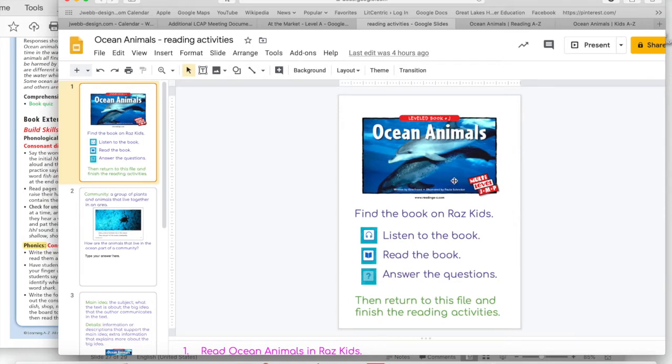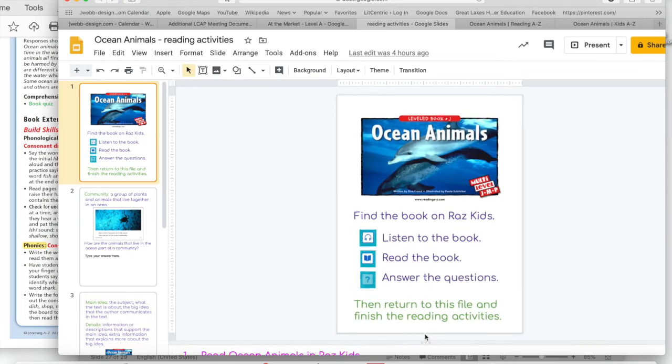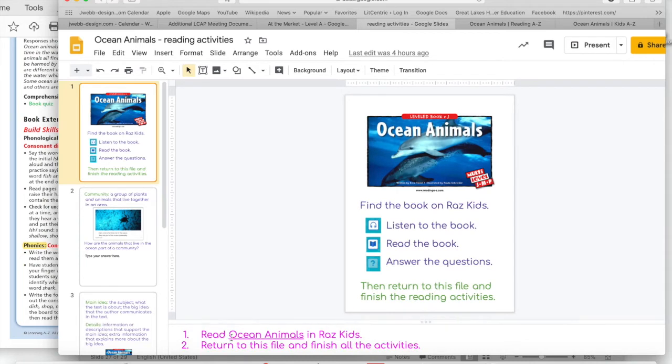So again, I have this picture here. I like to put directions on the actual Google slide, but if you'll notice down here, I also like to put a couple in here that just reiterate what's going on here. Often I rephrase them, because if my students have trouble with one set of directions, maybe the other set will help them. I try to write them in more kid-friendly language,